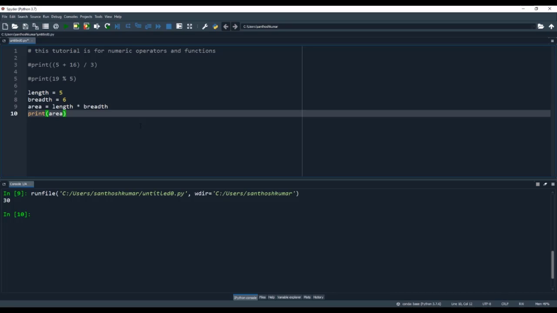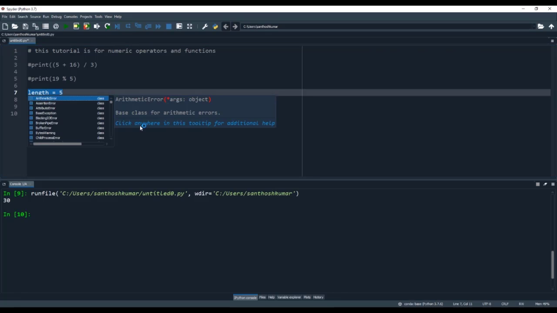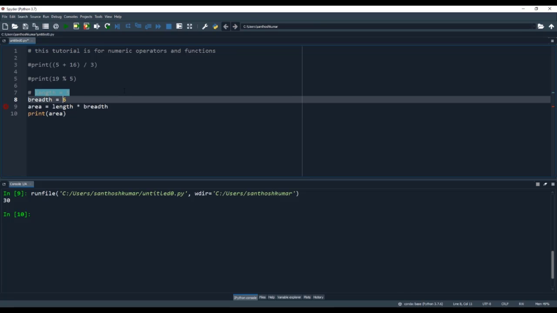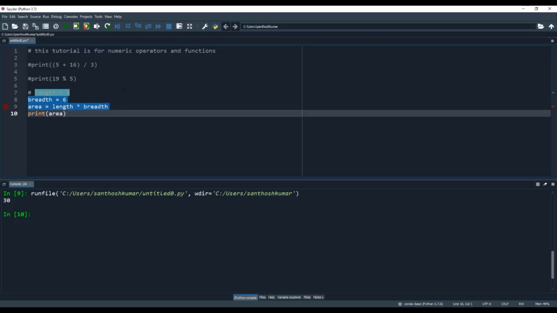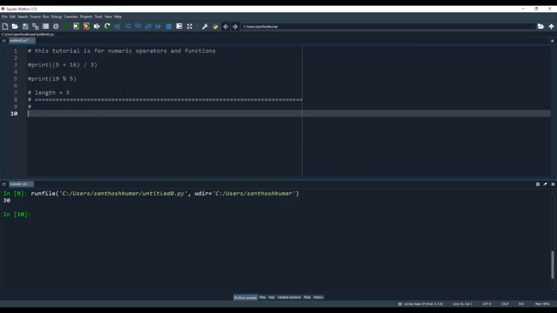So I'm just going to go to line number 7. I'm selecting that line. Yep. And then I'm just clicking Control plus 1. So that line got commented. Now I'm going to select the other 3 lines, and then I'm just typing in Control plus 4 to comment all the other 3 lines. So this is the group comment.